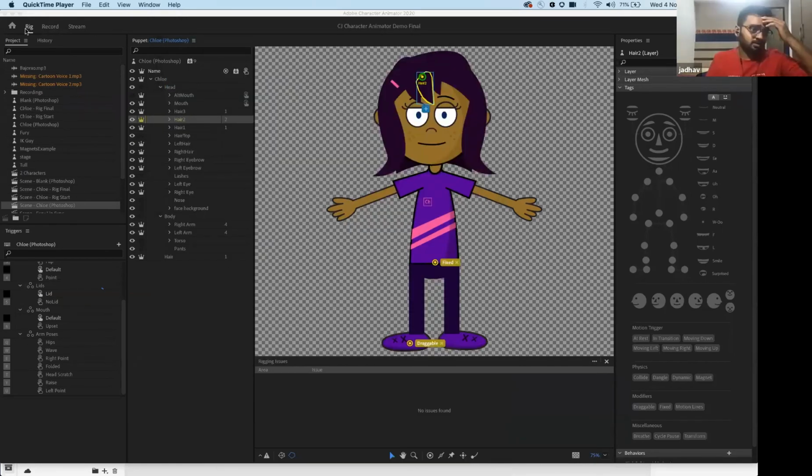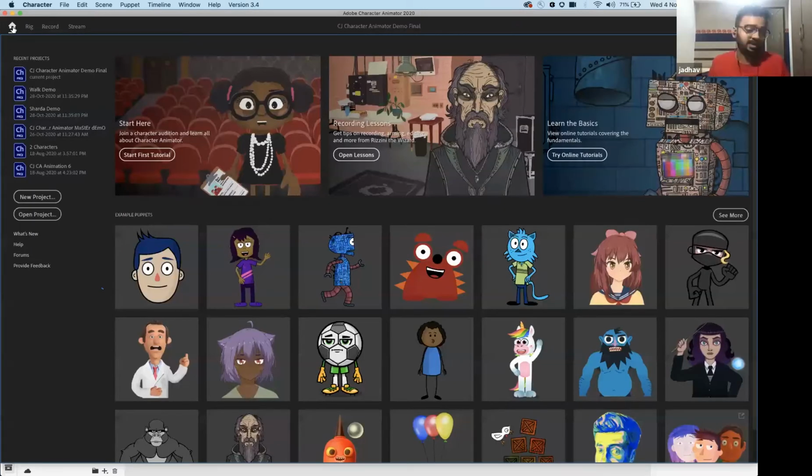Okay, so Character Animator is a tool that will help me make character animations very, very simple. Now, Animate is there, which is the traditional way of creating 2D animations. But Character Animator does a good thing, especially in live shows where you want a character to act depending on how you are acting.